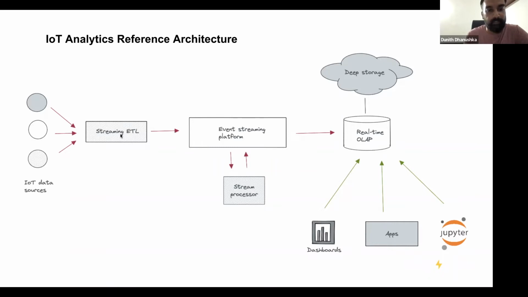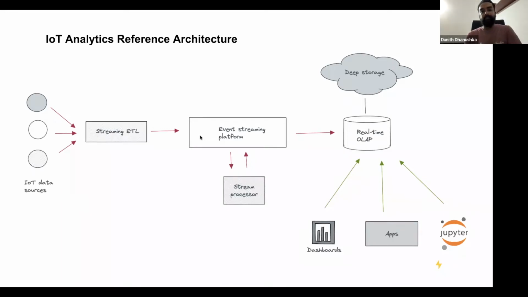From Kafka's perspective, this could be Kafka Connect. And when it comes to IoT data collection, Kafka also has an MQTT connector, so that you can deploy MQTT connecting to Kafka Connect and have it collect and deliver MQTT formatted data into the event streaming platform.